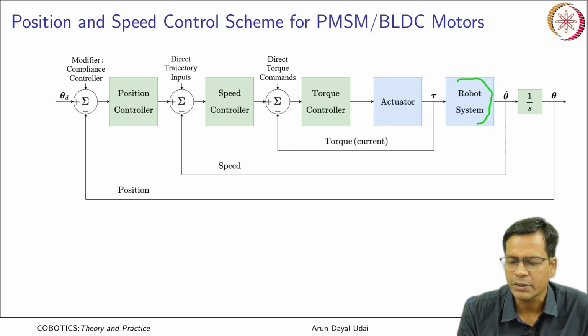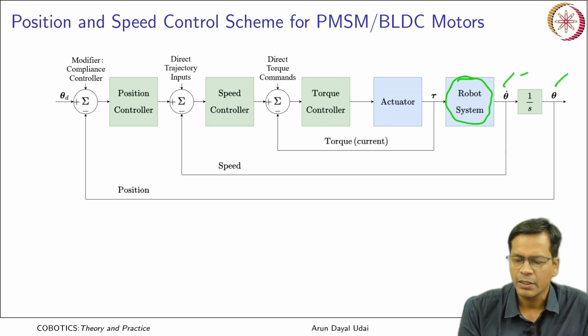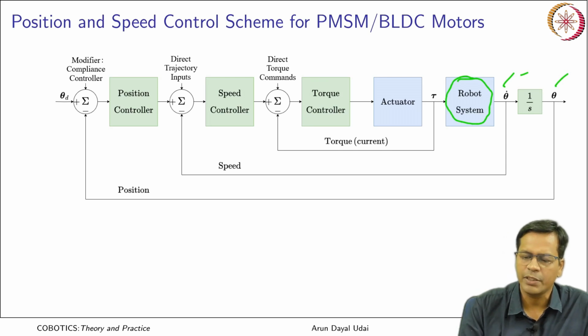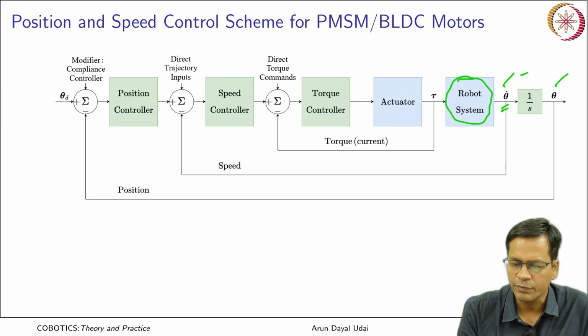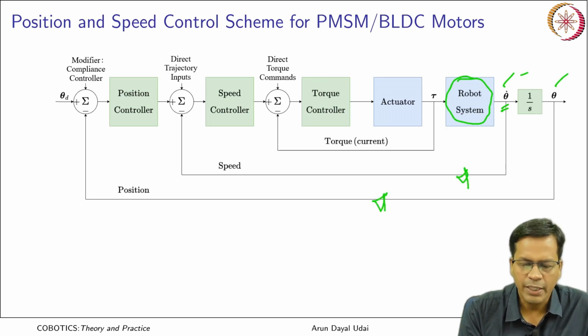This is your robot system which has nothing but motors within, that actually runs the links and finally gives you the joint rates and the position. So, both of them can be obtained from the same kind of sensor. A position can be differentiated to get the velocity, angular velocity. So, it gives you the velocity feedback and the position feedback. Okay. That is compared against the desired position, and the desired and actual positions are compared, and the error is calculated.